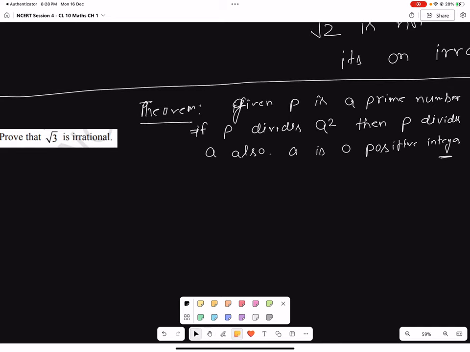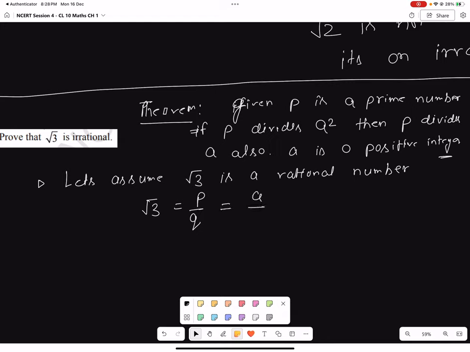And then your first step would be, let's assume root 3 is a rational number. Hence, we can write root 3 in the form of p upon q. And in the most simplified form, let's suppose p and q are integers. But if we divide them and derive to a number a upon b, where a and b are co-primes, the common factor is 1,